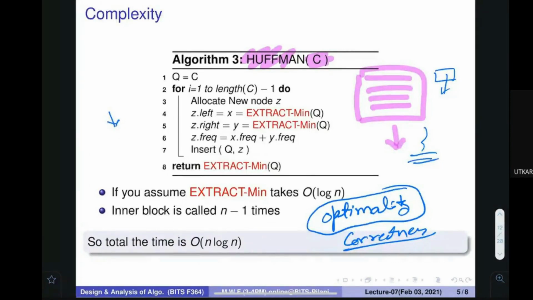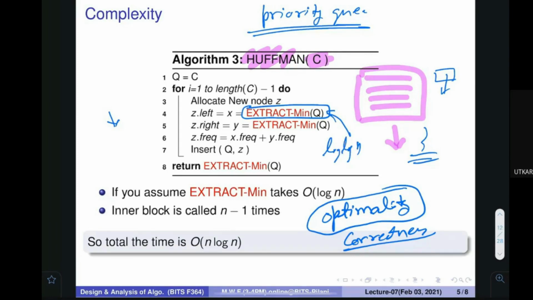What is the data structure for the queue? Set, heap or forest? It is going to be a heap. For the queue, I am saying extract min, you can maintain the heap. I think instead of heap, you should say priority queue, because you want to find the minimum item. So a priority queue may be a better thing. There are even other efficient data structures that can solve this problem in log n time.